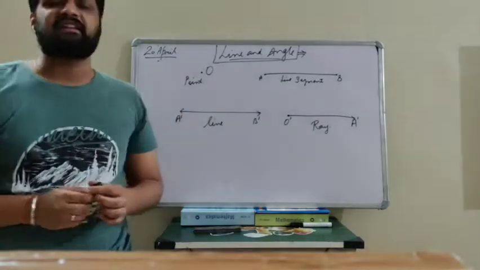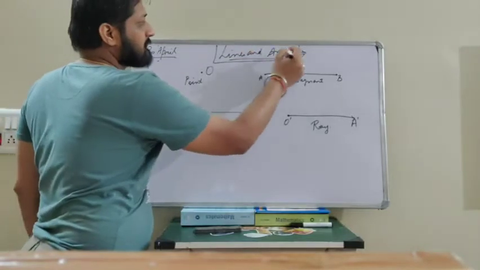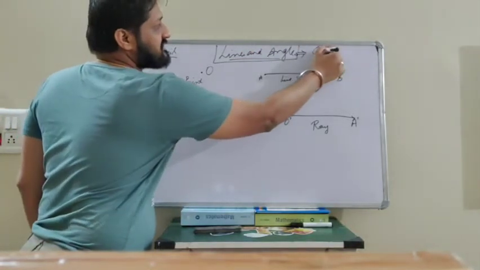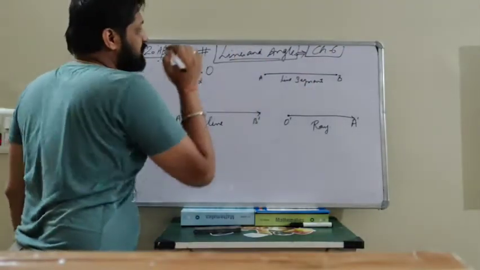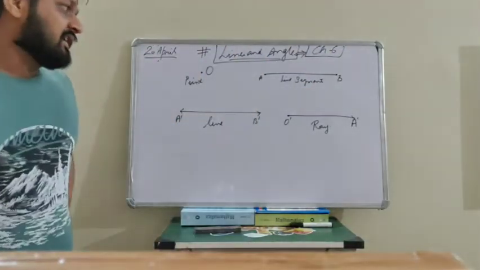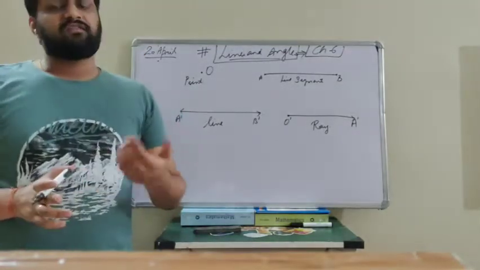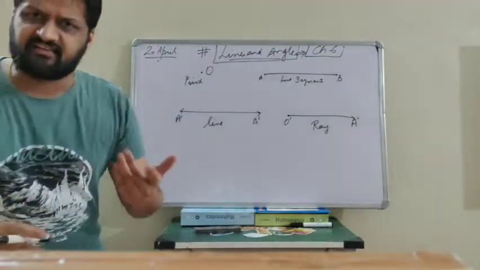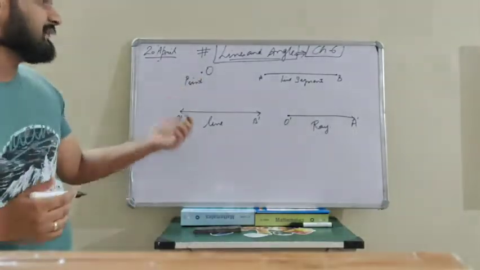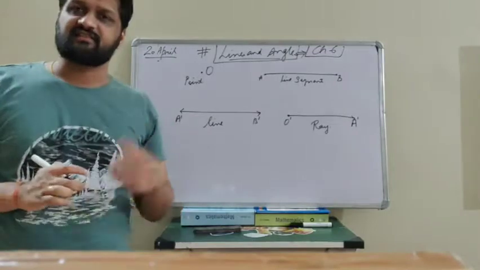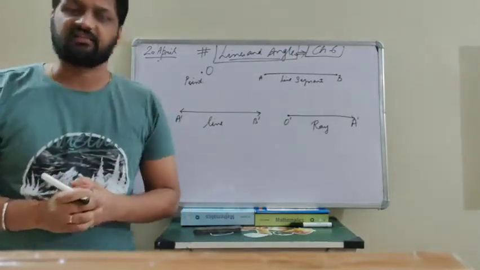Now let's come to the main and the important chapter, that is lines and angles. That is chapter number 6. Lines and angles of your NCERT book, chapter number 6. Before we start lines and angles, let's recall the few of the terms that we have already discussed in class 6, 7th or 8th, you can see. Now what do you mean by the term point, line segment, line and ray? Let's discuss all about these and then we will start the concept of our chapter, that is lines and angles.